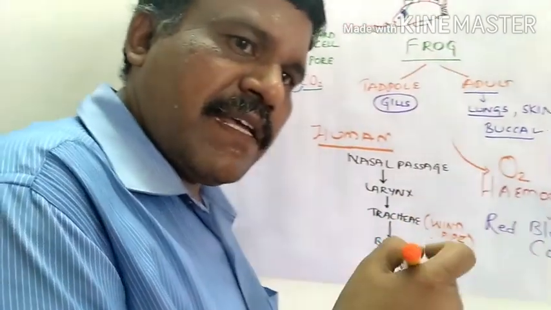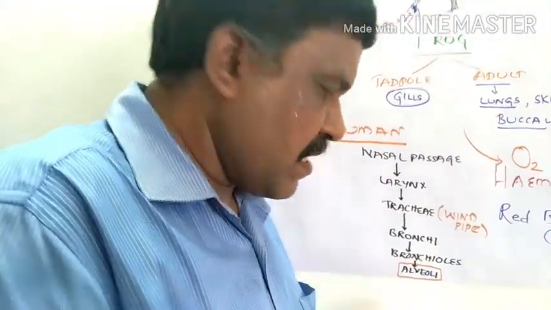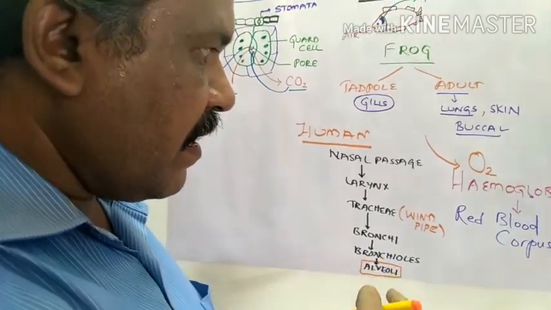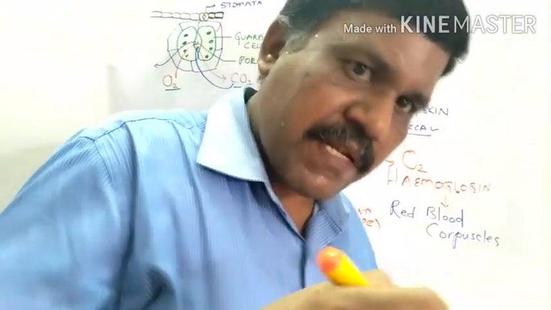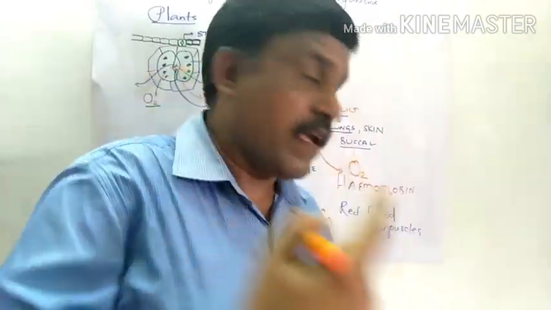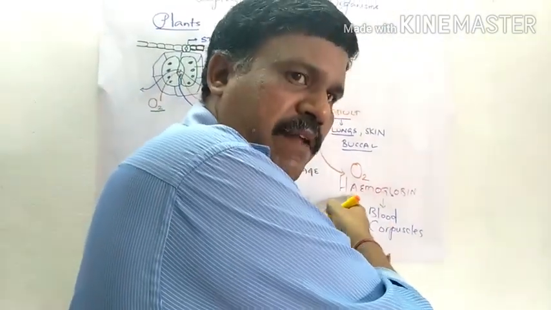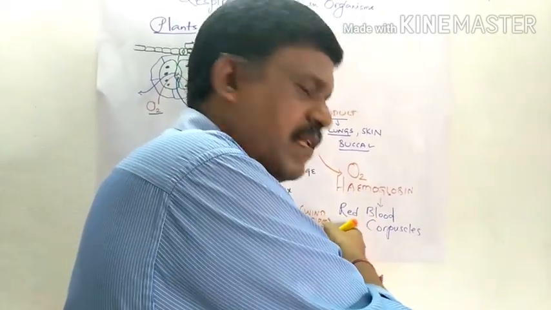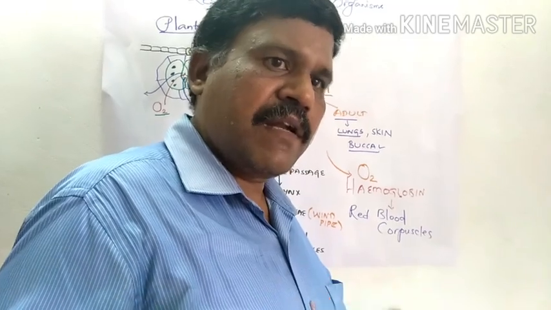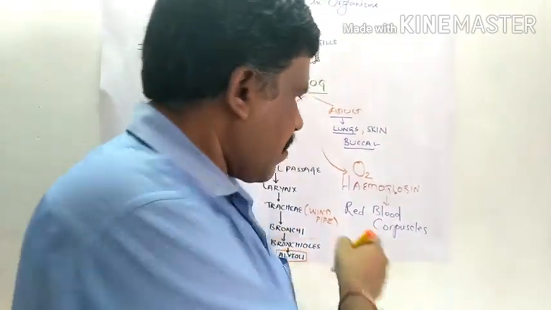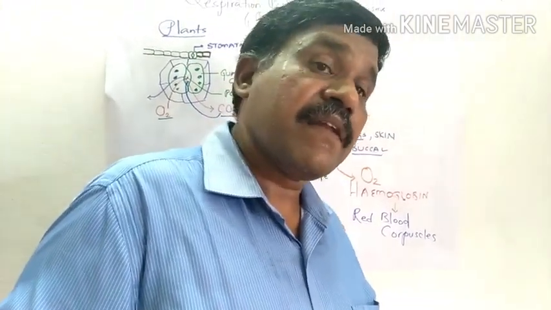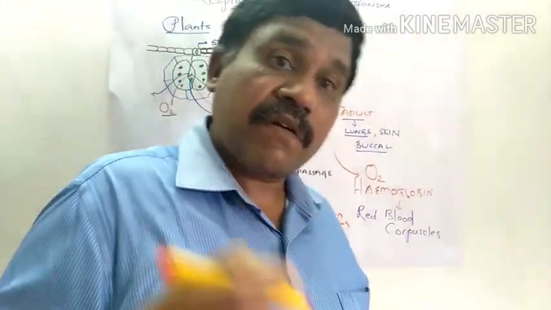Alveoli is a place connected with the blood vessels, and this is the portion where oxygen and carbon dioxide are exchanged. The molecule that plays an important role in transporting these gases to different parts of our body is hemoglobin. Where is this hemoglobin present? It's present in RBC, one of the blood components seen in the blood. Right, clear? And because of this hemoglobin, the color of the blood is red. That's why it is also called the red pigment.